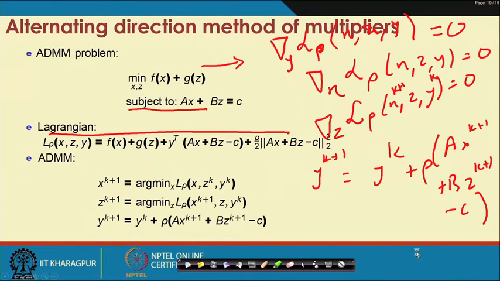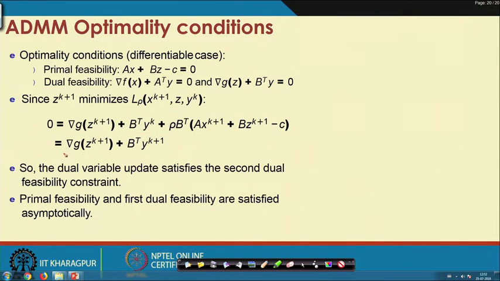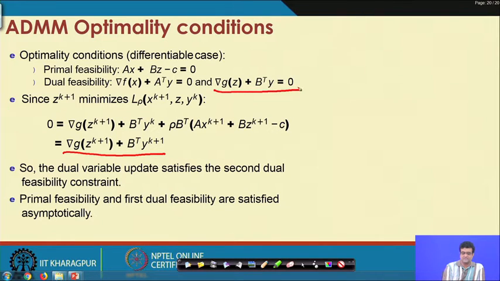And now you can see that it automatically satisfies one of the dual feasibility conditions, which is this one. So, your z_{k+1} automatically satisfies the second dual feasibility condition. This we saw in case of method of multipliers also, just by virtue of using rho as the step size.